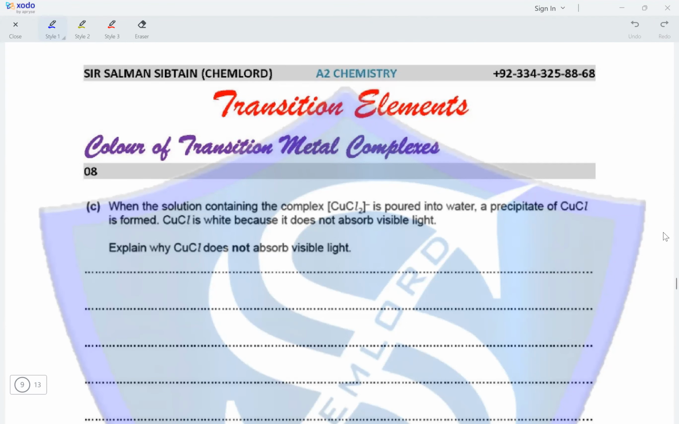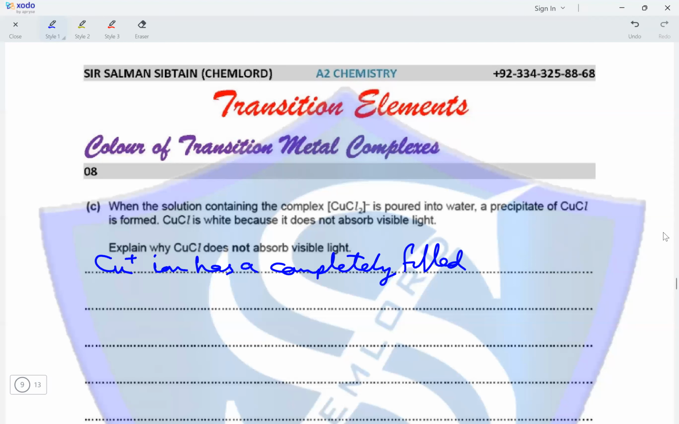Question 8. When the solution containing the complex [CuCl2]- is poured into water, a precipitate of CuCl is formed. CuCl is white because it does not absorb visible light. Explain why CuCl does not absorb visible light. So CuCl contains the ion Cu+. So the Cu+ ion has a completely